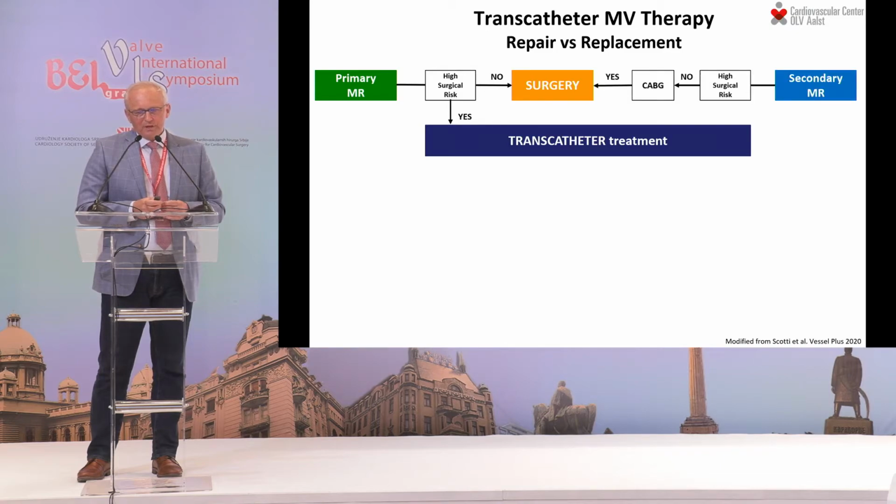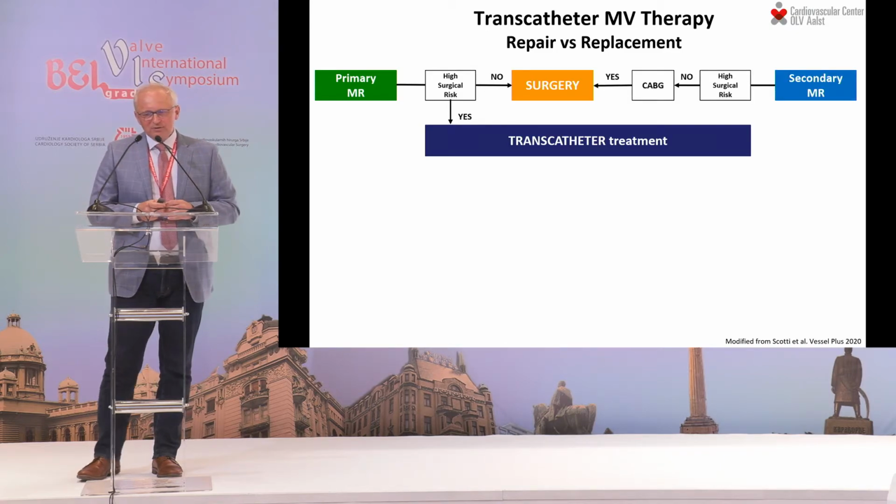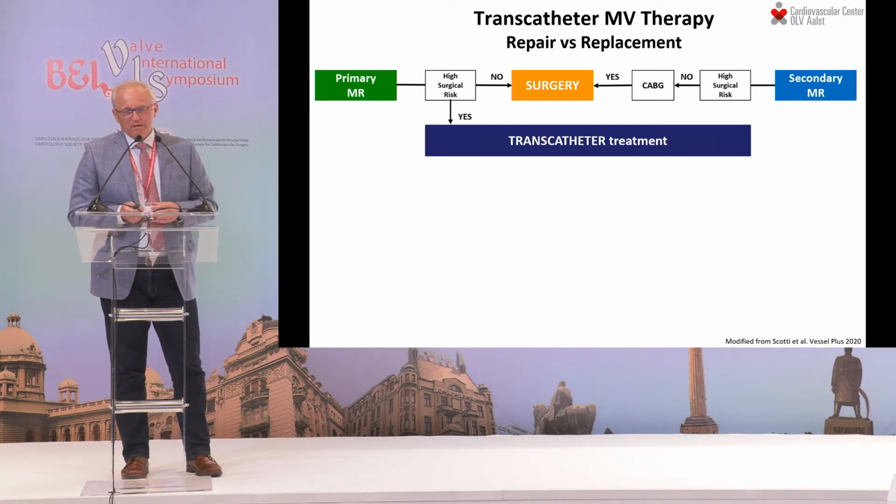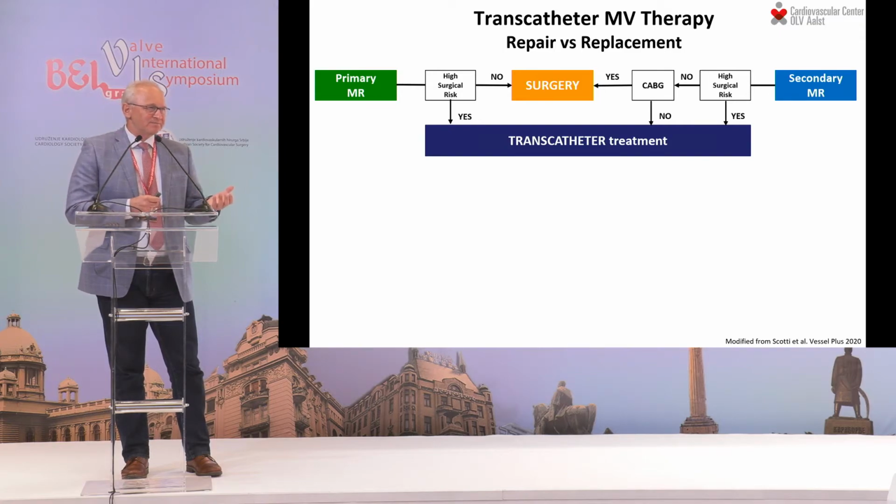When you go to secondary MR, again, with no surgical risk and you need a CABG, again, no brainer. It's a surgery. If there is high surgical risk, yes, it's probably leaflet therapy. If there is no CABG needed and no high surgical risk, you can still discuss, I would say. It also depends on the patient, degree of remodeling, on the experience and dynamic in the team at the local